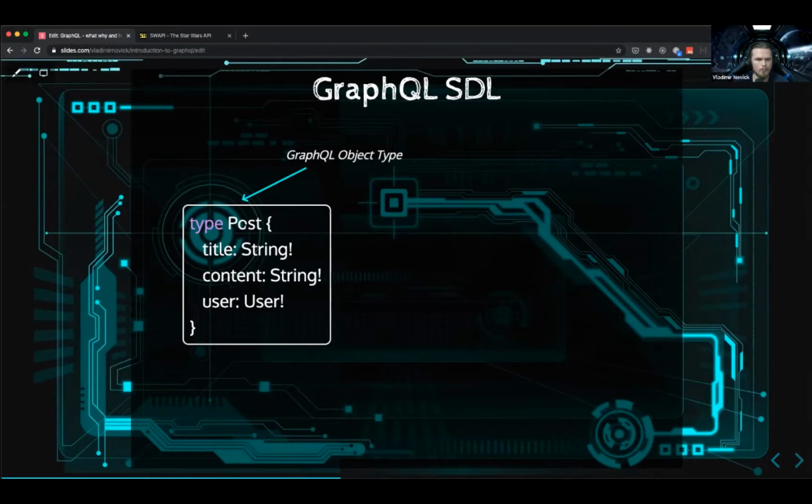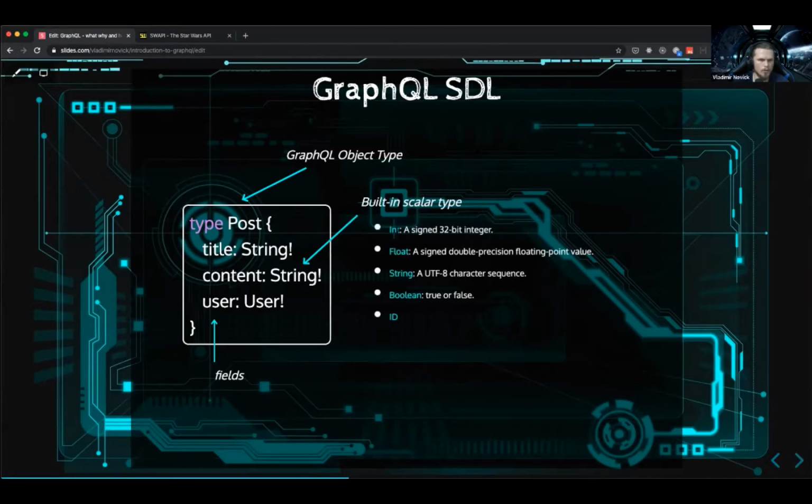And here we define an object type. GraphQL object type. There are different types. These are called fields. We have scalar types. The existing scalar types are integer, float, string, boolean, and ID for unique identifiers. And you can define your own scalar types. In lots of GraphQL implementations, you have Date as another scalar type because it's a common use. You will probably have some sort of timestamp.